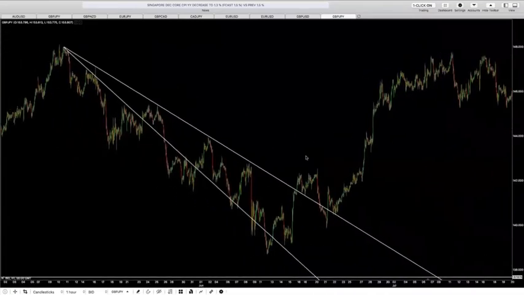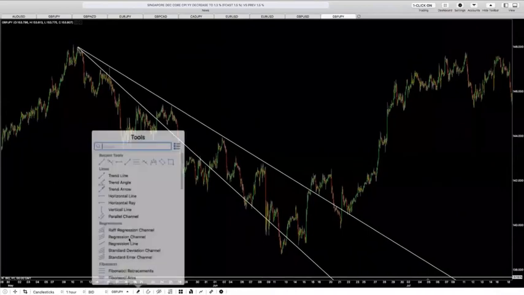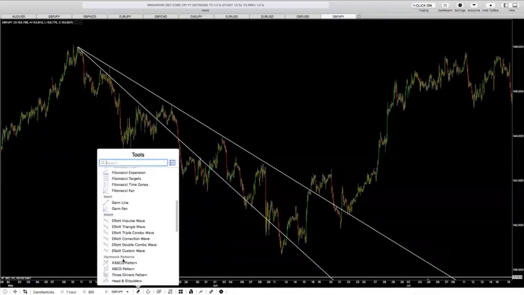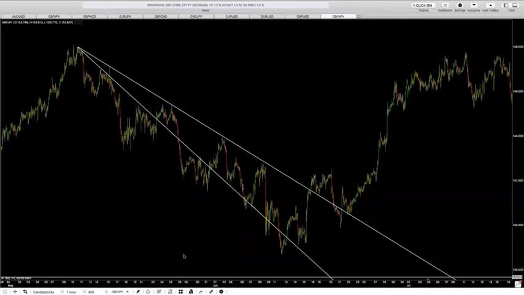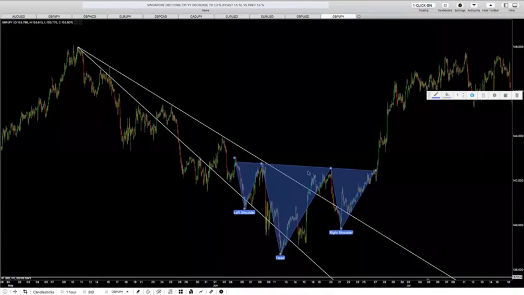Now, if we zoom out, what do we see over here, guys? And this is going to be the last example I give you guys. I'm going to come over here. Oh, I almost forgot what I was looking at. Here goes another inverted head and shoulders pattern in the market. Right there. Boom. There goes another one in the market.